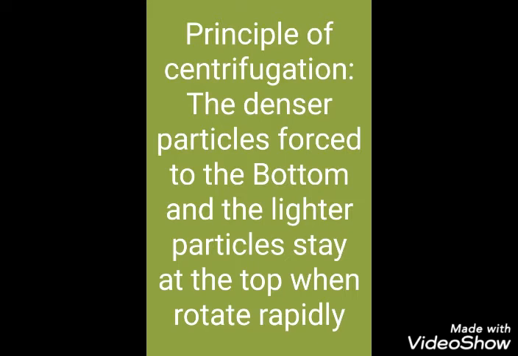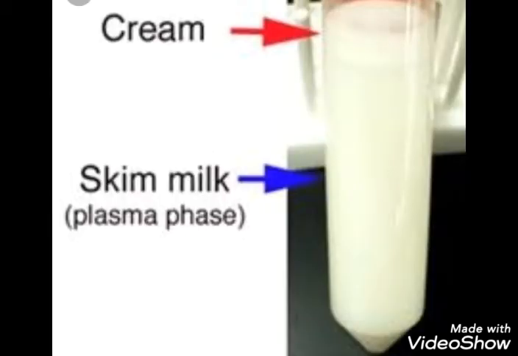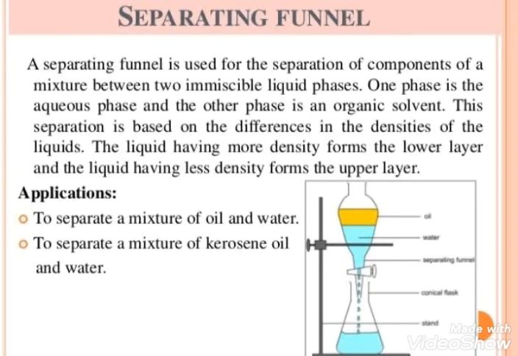We will take milk and put this milk in a centrifuge machine. When the machine is switched on, the milk is rotated at a very high speed in this container. Due to this, the milk separates into cream and skimmed milk. The cream, being lighter, floats over the skimmed milk. It can easily be removed. So this is all about the centrifugation process. You can see it in the diagram.